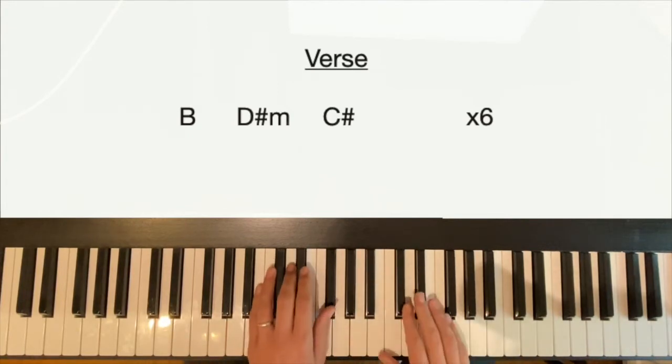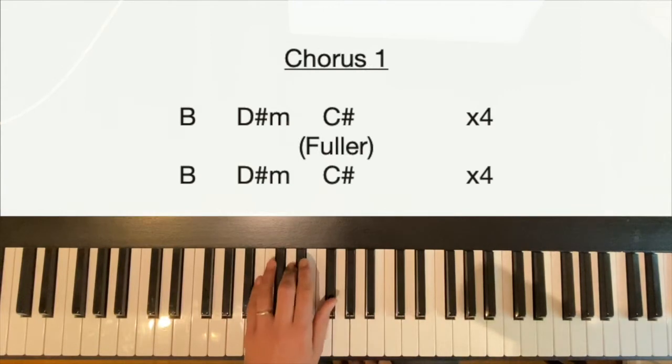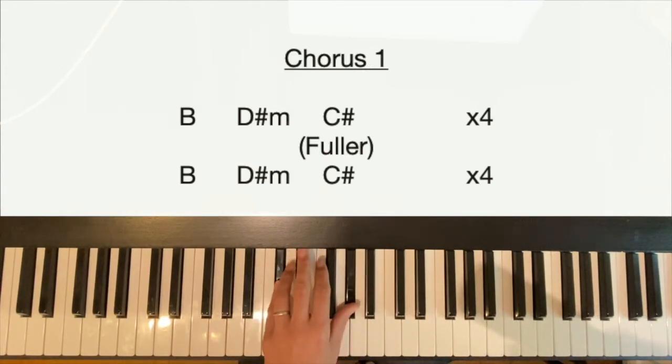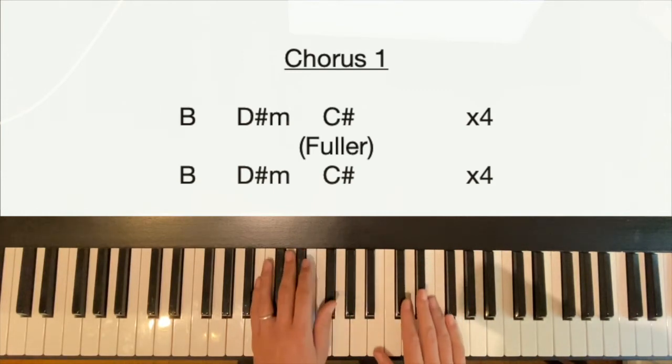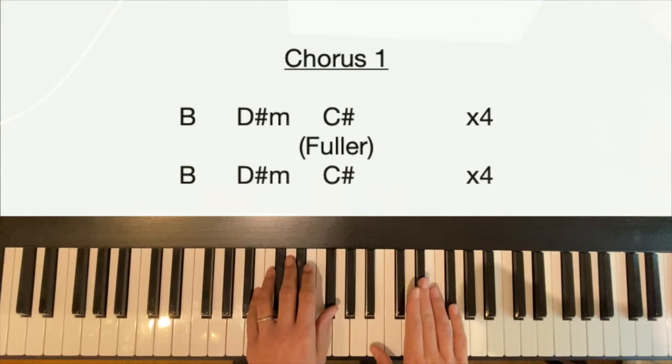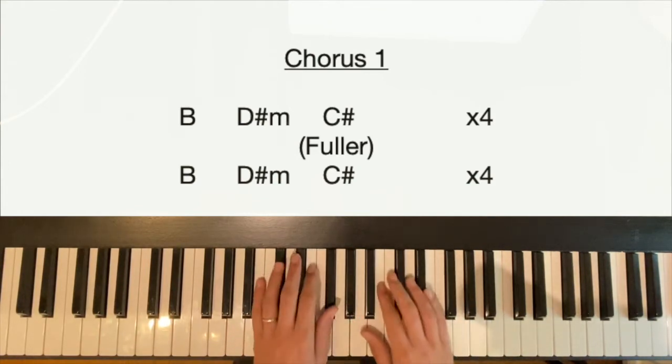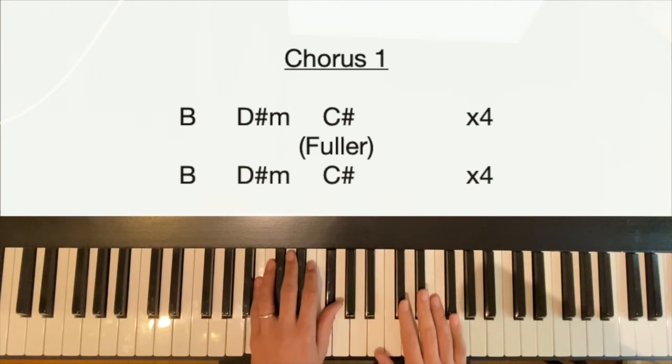And we're into the first half of the chorus. Left hand's going to continue going the same with 5ths. But now the right hand's going to go into something a little bit more rhythmic and a bit more chordal. We're just going to play thirds in the first half of this chorus in the right hand, and then we'll play the full chords in the second half of the chorus where it gets a bit busier. So the rhythm goes...